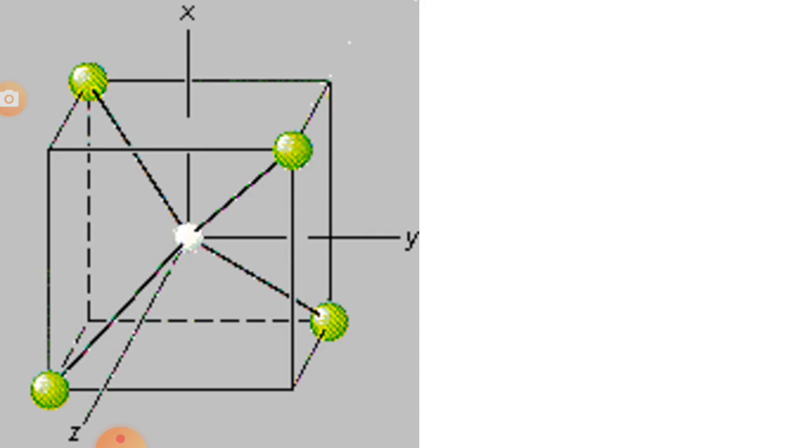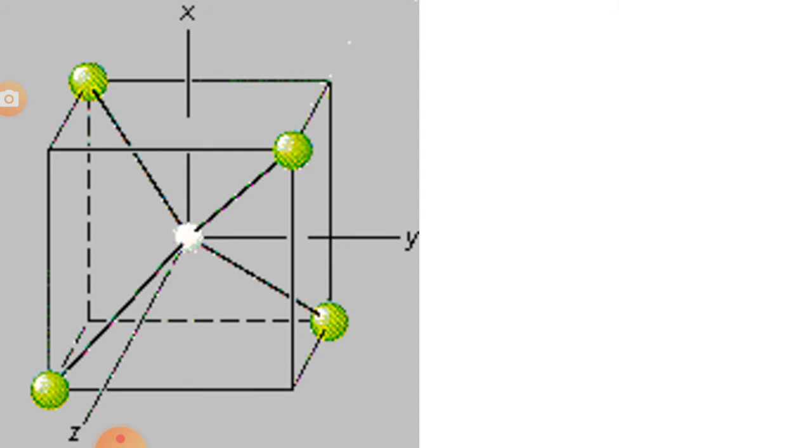So in this picture we can see the 4 ligands in a tetrahedral complex can be considered as arranged at the corners of a cube which lie in between the x, y and z axis. We can see in this picture that 4 ligands are placed alternately in alternate corners and which lie in between the x, y and z axis. A tetrahedral arrangement is the configuration of least ligand repulsion for a 4 coordinated metal ion.